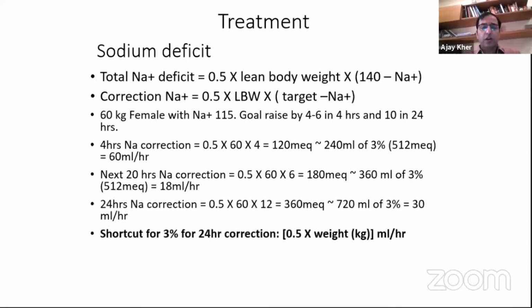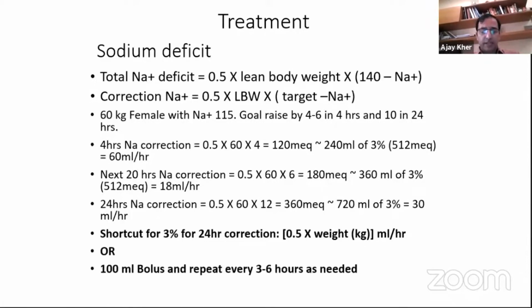So another shortcut would be to do 0.5 times weight in ml per hour. So that would be about 30 ml per hour, and you could start that. Another version, as I discussed, is 100 ml 3% bolus and repeat every 3 to 6 hours based on the